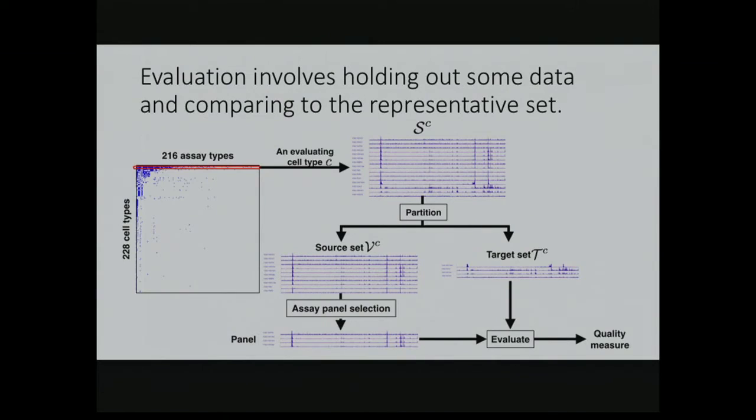So we designed a general train-test cross-validation scheme where we would take all of the available data. We'd look at an evaluating cell type and all of the assays that are available in that cell type, and we would split them up. We partition them into what we call a source set and a target set. We do the assay panel selection on the source set, and then we do an evaluation to compare the selected panel to the held out target set and get some quality measure. So for each of those three scenarios, we replace this box with a different